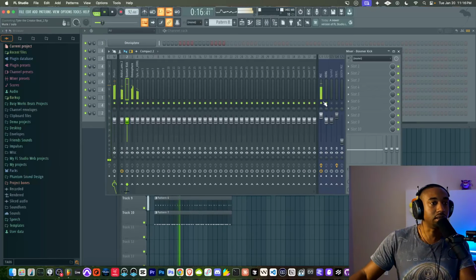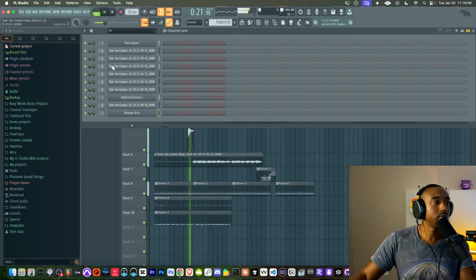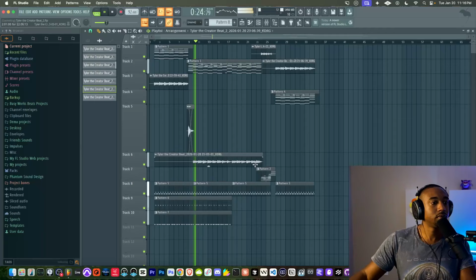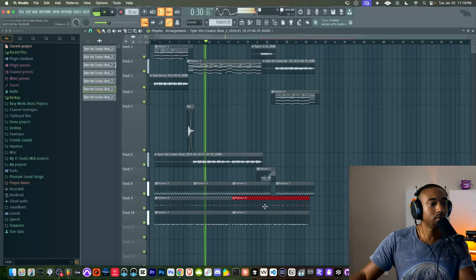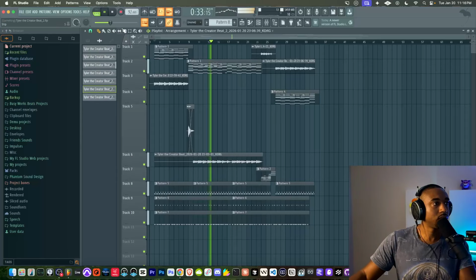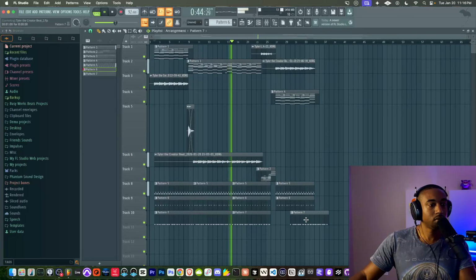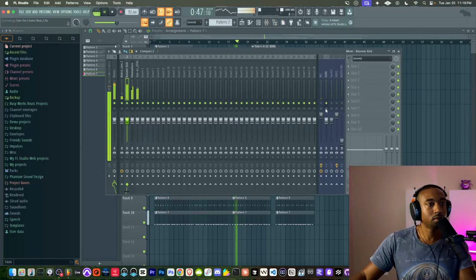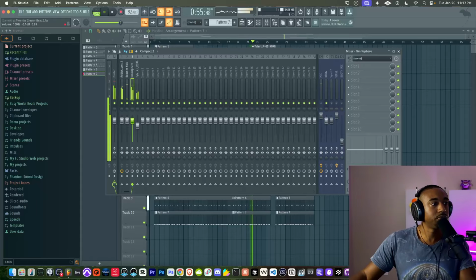So let's start working on the bass and the lead sound here. Start leveling these pianos too.